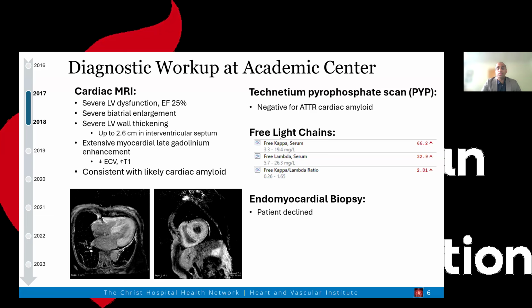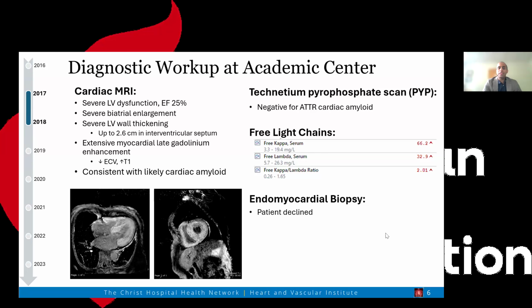So at first with this workup, everyone was concerned about cardiac amyloid. And to tell you the truth, if I saw her first echo, I'd be concerned about cardiac amyloid too. So at that point, she ended up getting a technetium pyrophosphate scan, which is a nuclear scan that looks for specific components for ATTR cardiac amyloid, one of the two most common types, and that ended up being negative. In addition to that, she had screening with free light chains for AL amyloid, or basically amyloid that arises from the bone marrow. And at that point, what that ended up showing was elevated levels overall, but a ratio that really wasn't too far off normal.